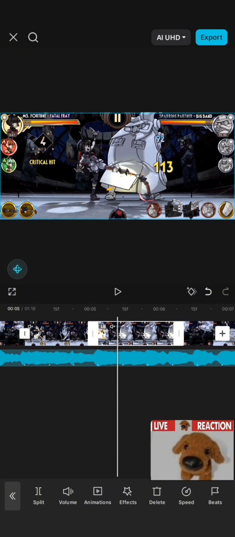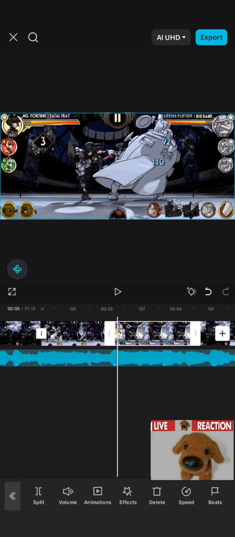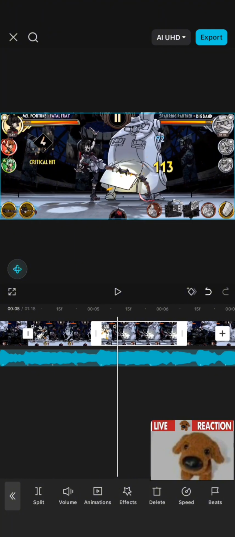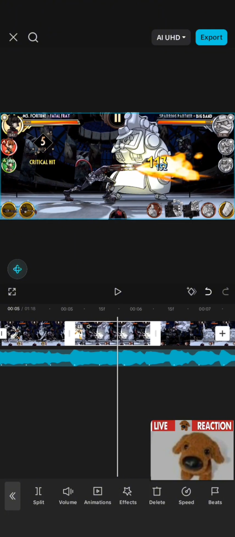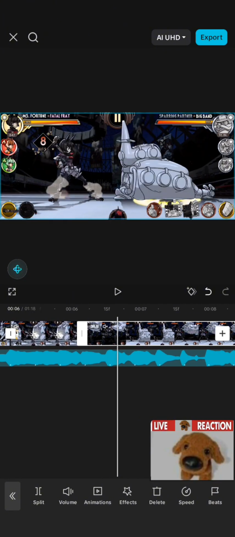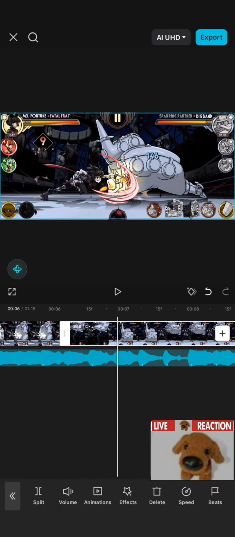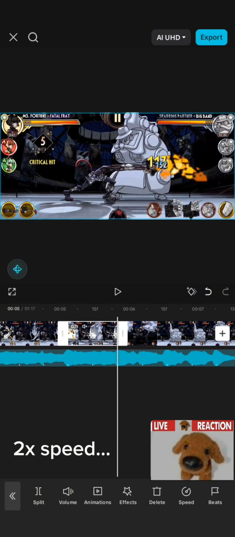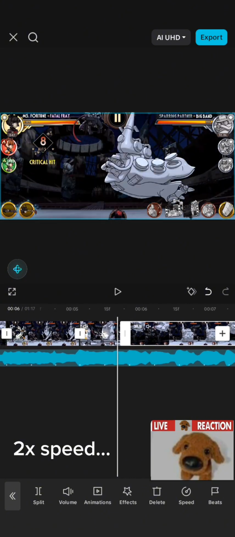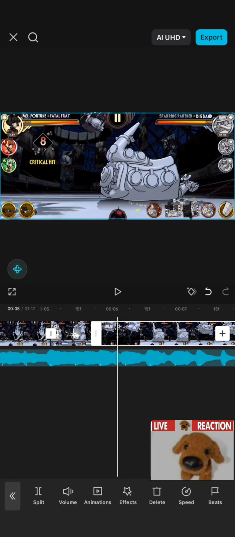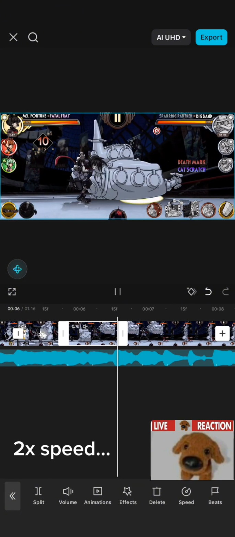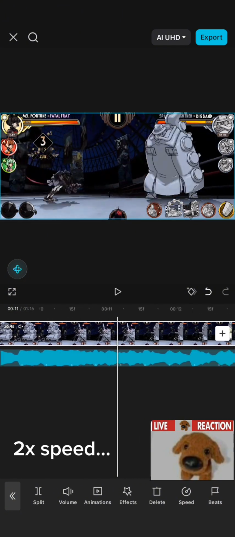This is usually where I try to save all the good parts from their character's moveset, so now I can use it all at once and have the real big part of the edit stand out. I'm gonna have to slow down some of these parts, but it'll be fun.